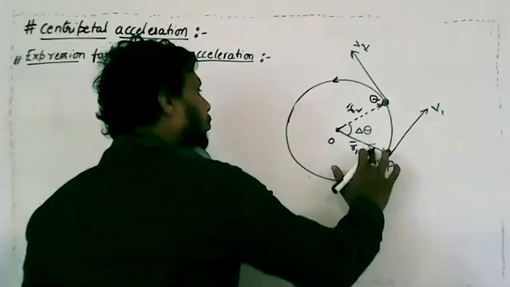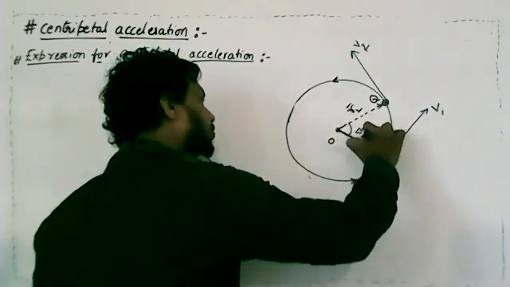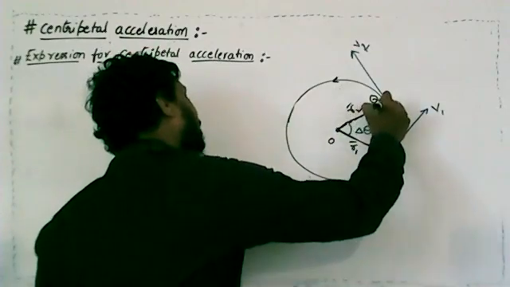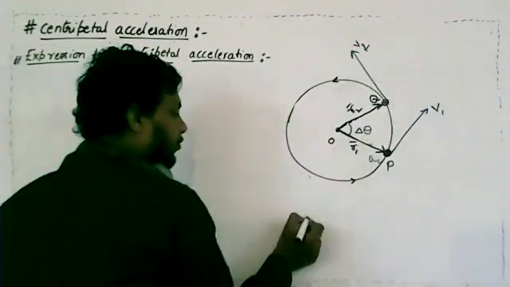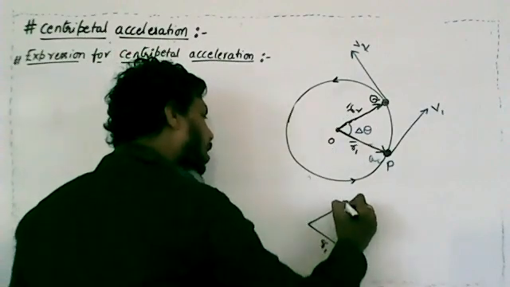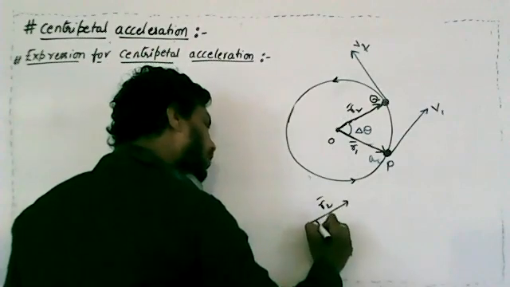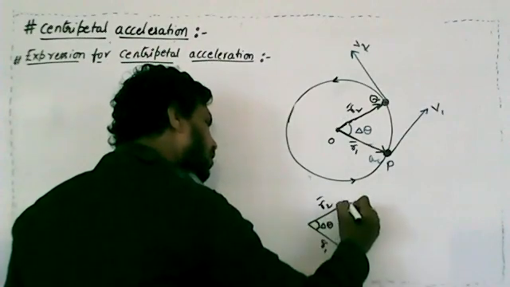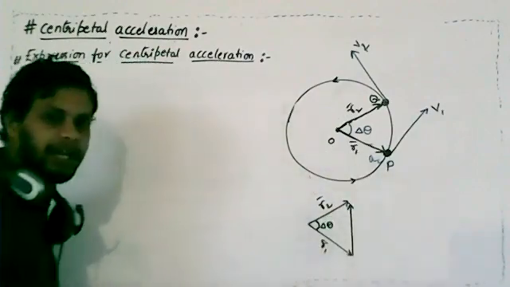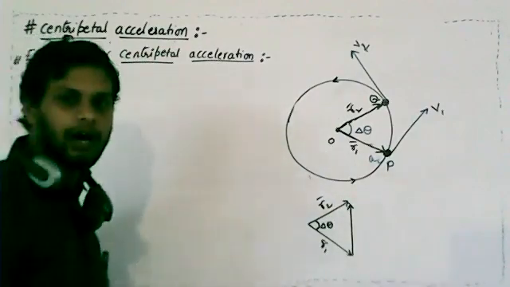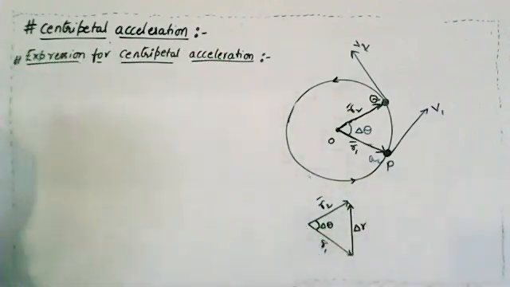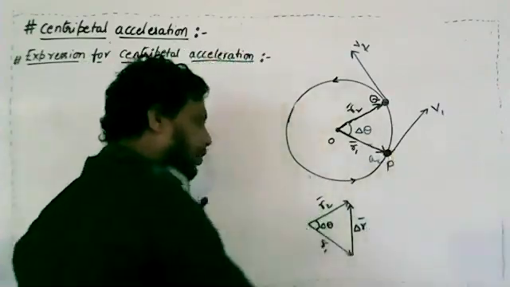Now this is the position vector R1 bar, in this direction. The position vector R2 bar is in this direction. Therefore, if I draw the figure like this, this is R1 bar and this is R2 bar. Now I will take this angle as delta theta. Now I will draw one line from here to here, taken as R1 bar minus R2 bar, that I will consider as delta R bar.